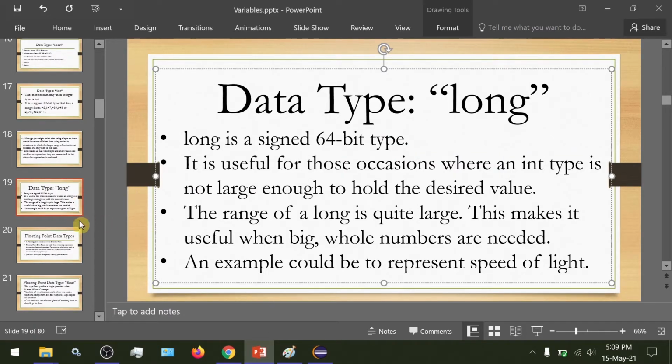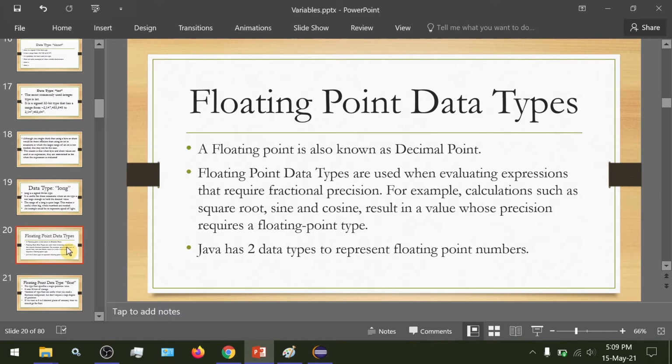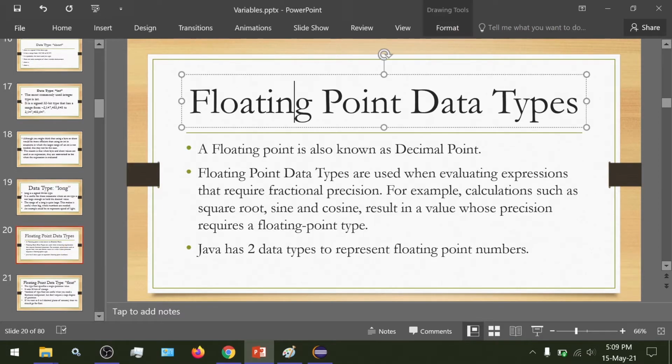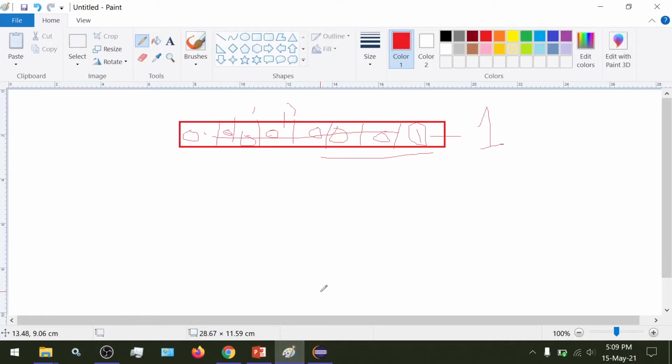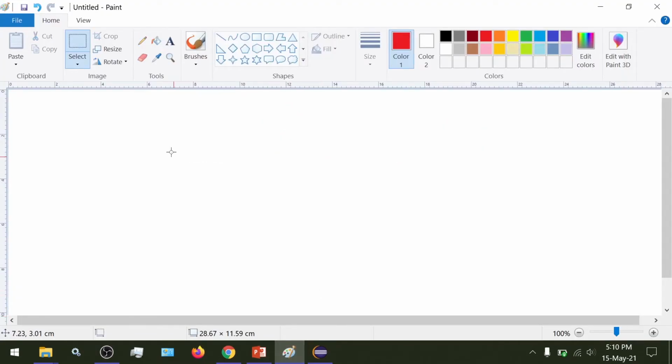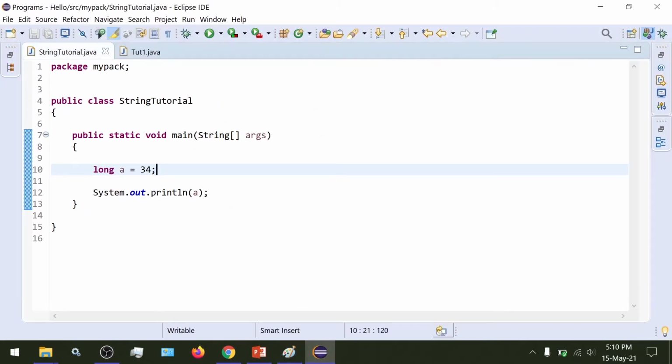I hope the data type long is understood. Now let's take a look at the floating point data types. We saw earlier that we can even represent decimal data with decimal points. If we have 1.23 to represent, we cannot represent this number in any of the types int, long, short or byte.